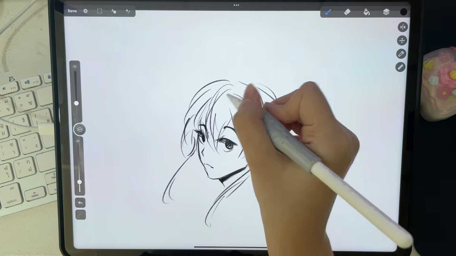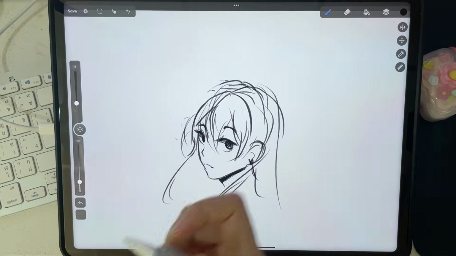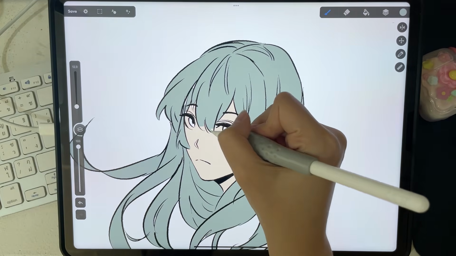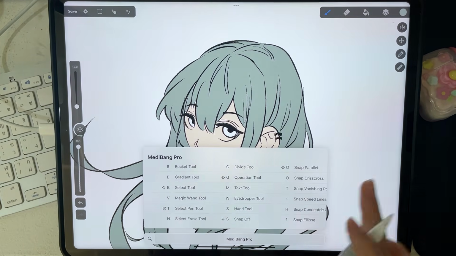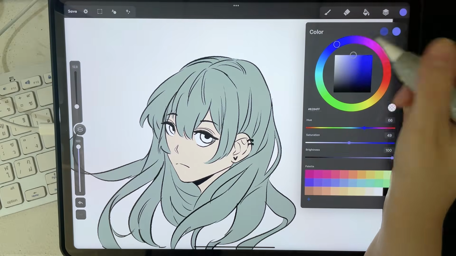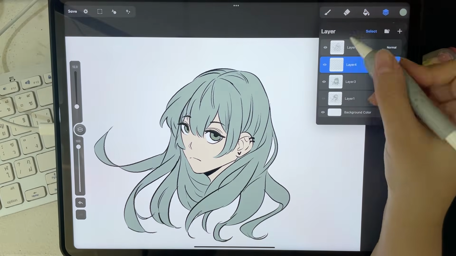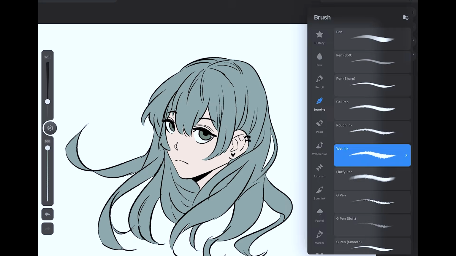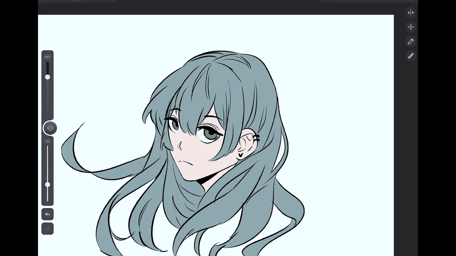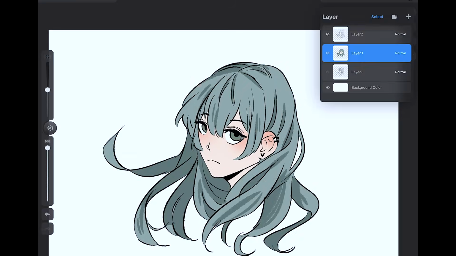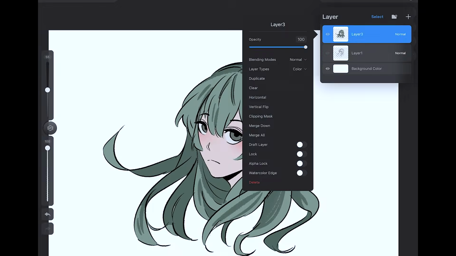So here I'm drawing in Metabang Pro, and I lost my footage halfway through. I think my phone overheated from recording too much and then just cut the recording. Metabang doesn't have a Liquify tool, so I just had to make do by moving things around manually or using the mesh transformation to make small edits. You can't use your finger to use the eyedropper, but I found out there's a shortcut mapped to it, which is the I key. Thank God for that. The app is decent. The UI, I think I would prefer the Paint version over this.